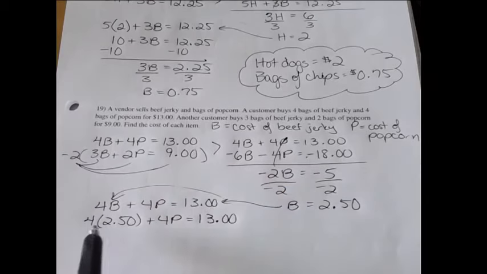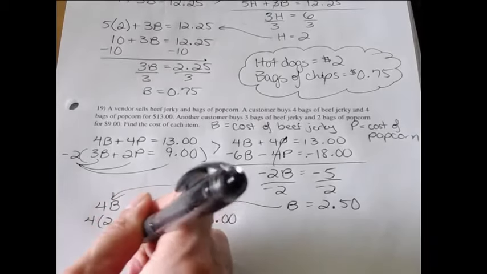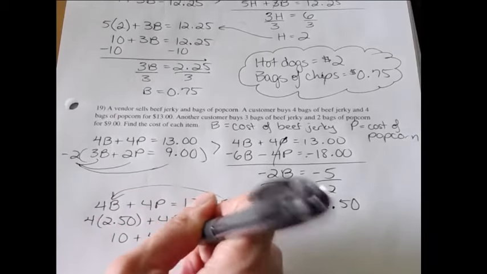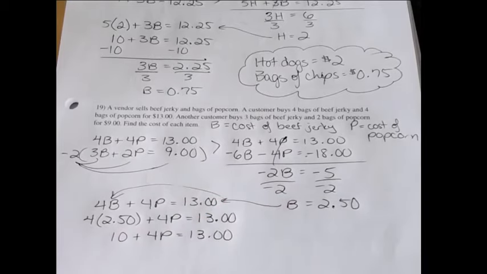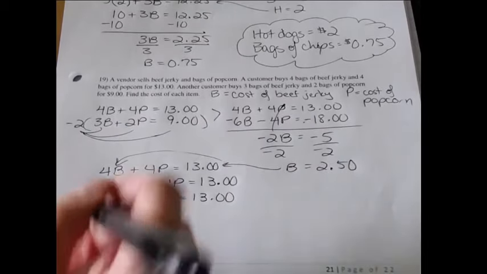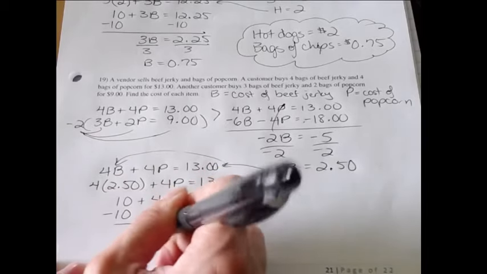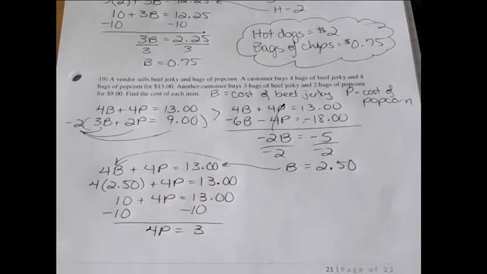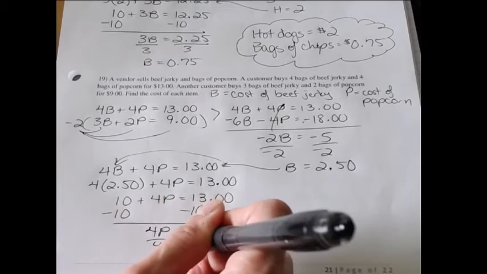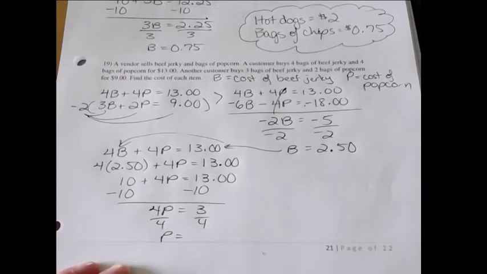We know that double 2.50 is $5, so quadruple 2.50 is $10. We're going to subtract 10 from both sides. We get 4P is equal to 3. Divide by 4, and we get that P is